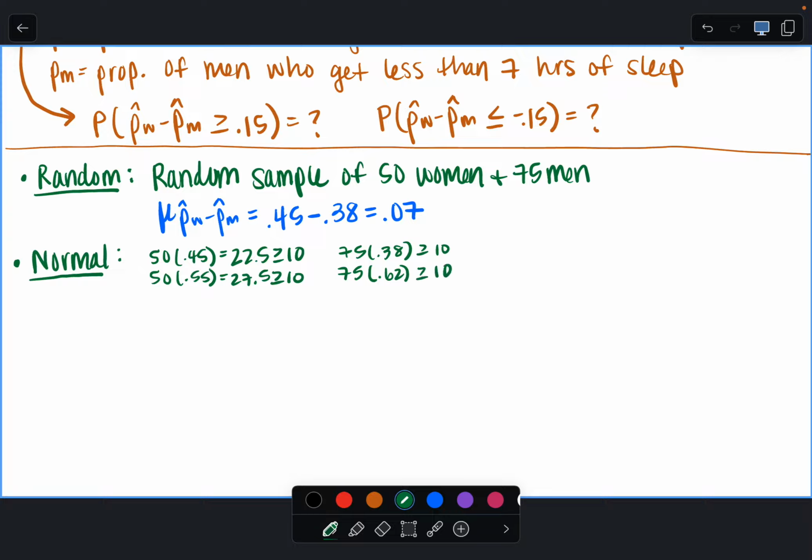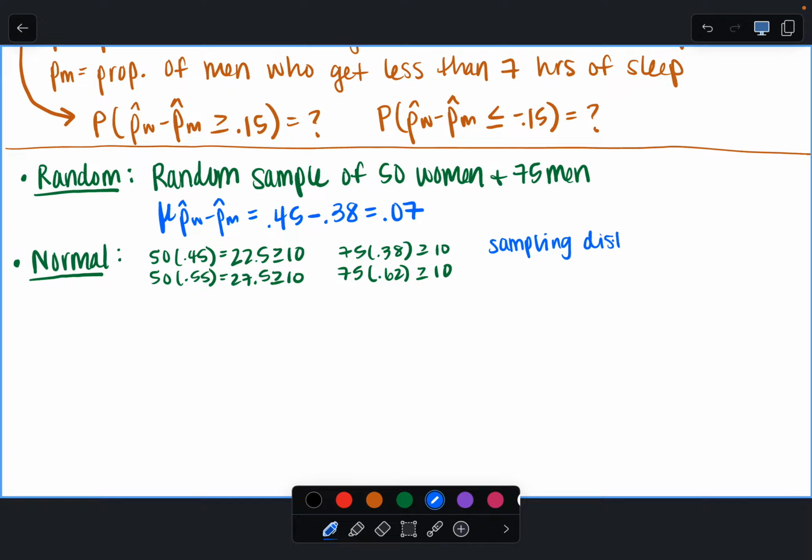So if the success fail for women is true and the success fail for men is true, that means you have two normal distributions. And if they're both normal, when you combine them together, they are normal. So we would go on to say the sampling